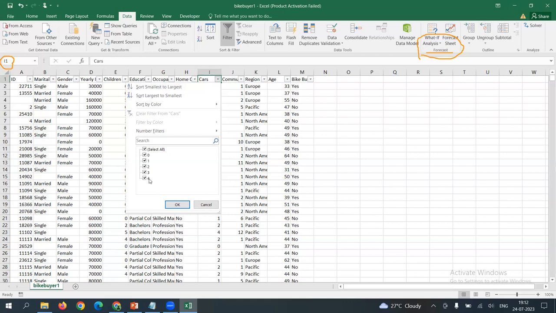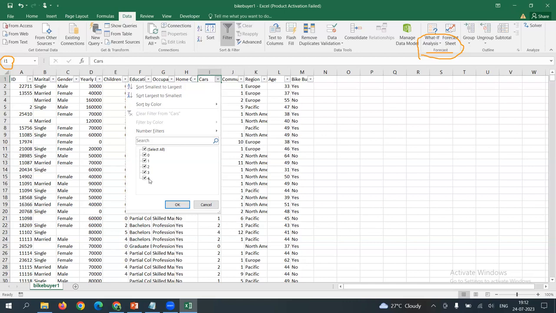Correct. But somebody already has 4 cars with them. Let us debate on the other side of the coin. Somebody has 4 cars. What is the probability of such a respondent who has 4 cars or 3 cars or 2 at least? What is their chance of buying a bike? Do you think psychologically they have a tendency to buy a bike? Yeah, some assumption, that those who have 2 to 4 cars might have the least chances of buying a bike because they already have abundant travel resources. But given these assumptions, is there a mandatory rule in the market? Those who have cars need not buy bikes. What do you say, participants?